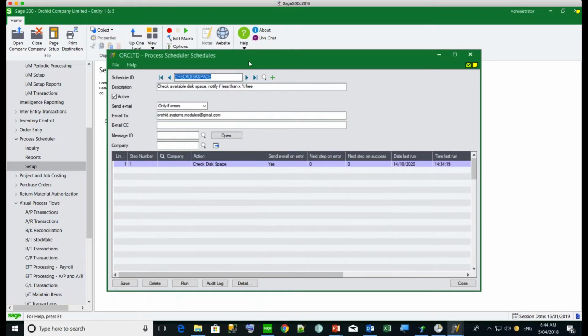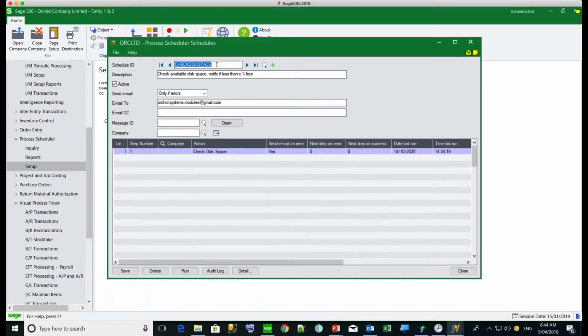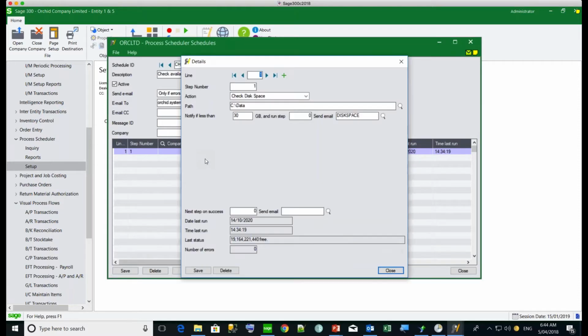So the first one is a nice little one that can be used with Process Scheduler Level 1, which is to check disk space. So I'm getting a notification here. Often in Process Scheduler, it's easier to click the Detail tab to see the details, because depending on which action you choose in here, you may have different parameters to fill in. So for check disk space, I'm saying here, okay, which path am I checking? So here I've only got one machine, so I'm checking the C drive of this machine,